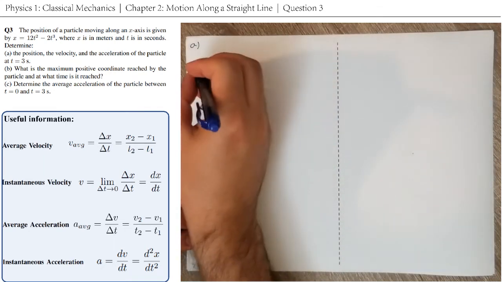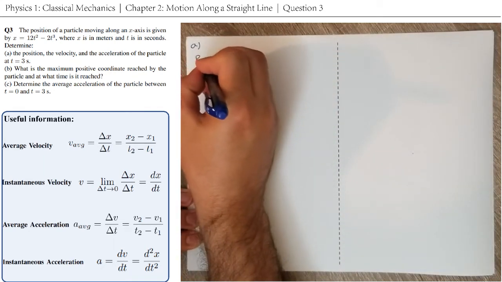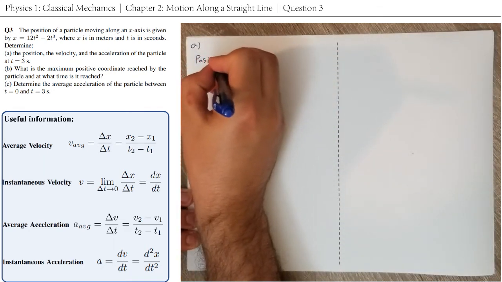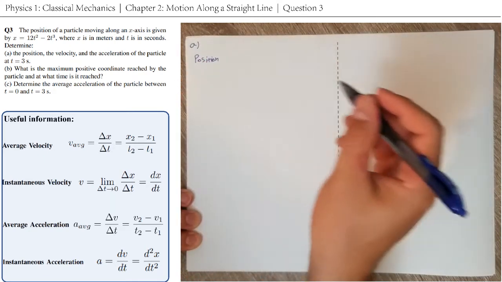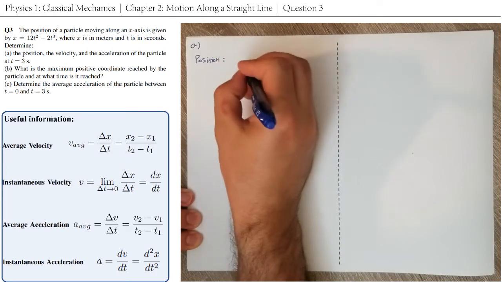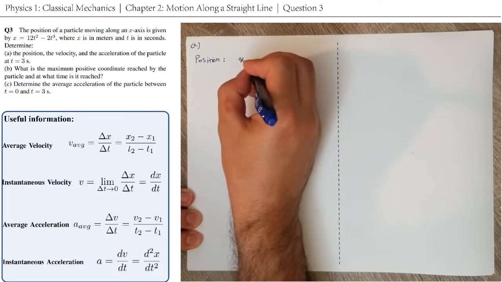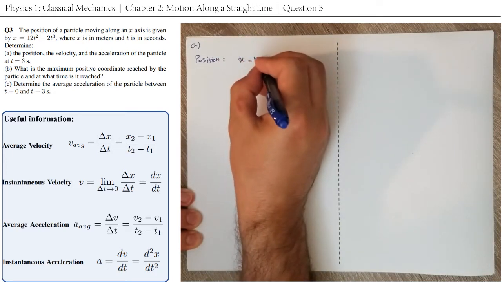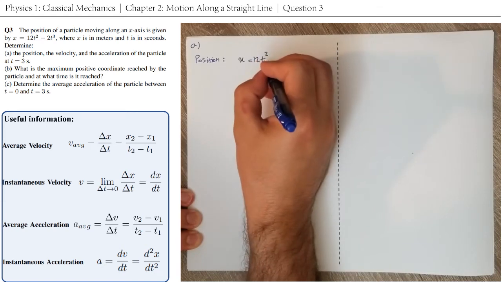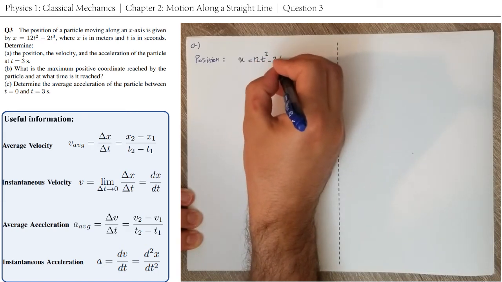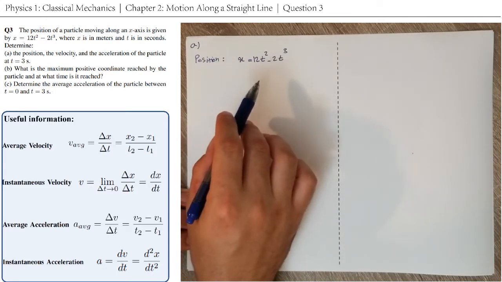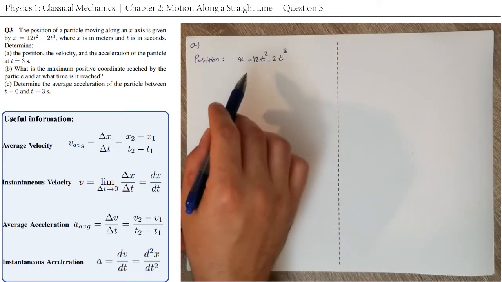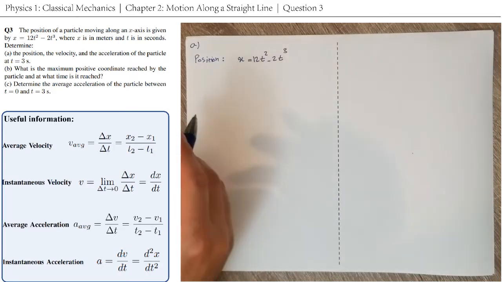For the position, the question has actually given us the relationship between the position and the time, which is x equals 12t squared minus 2t to the power of 3. So for the position, all we have to do is to just plug t as 3 and obtain x at